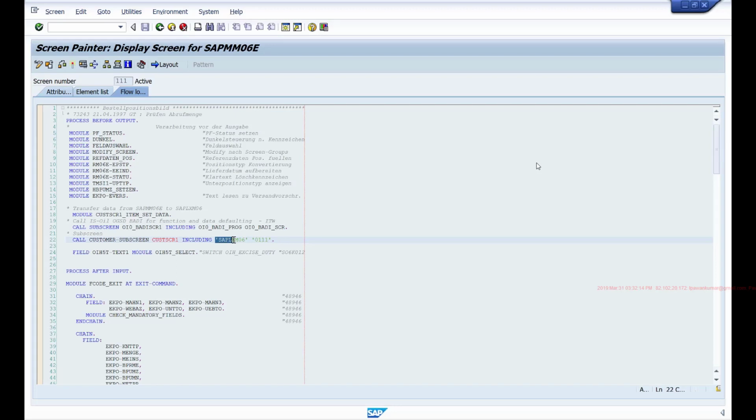So it is loading this program and screen number, and whatever fields you add on this screen will be loaded on this main screen in this subscreen area.